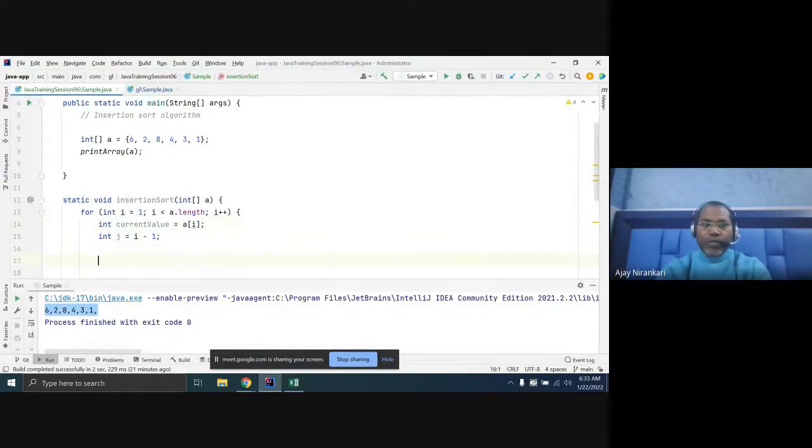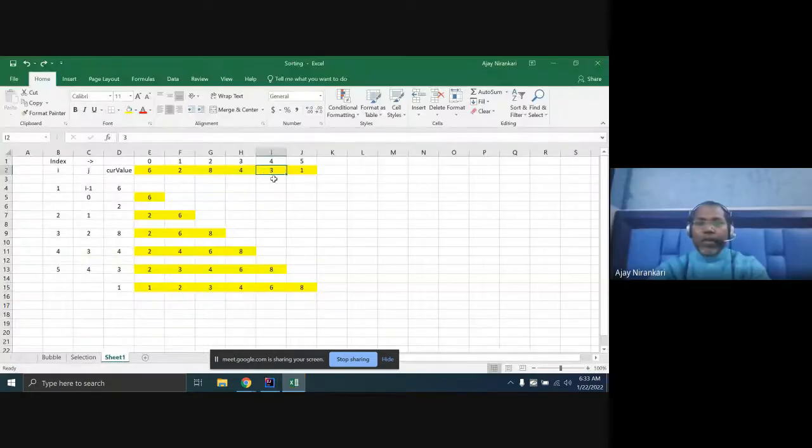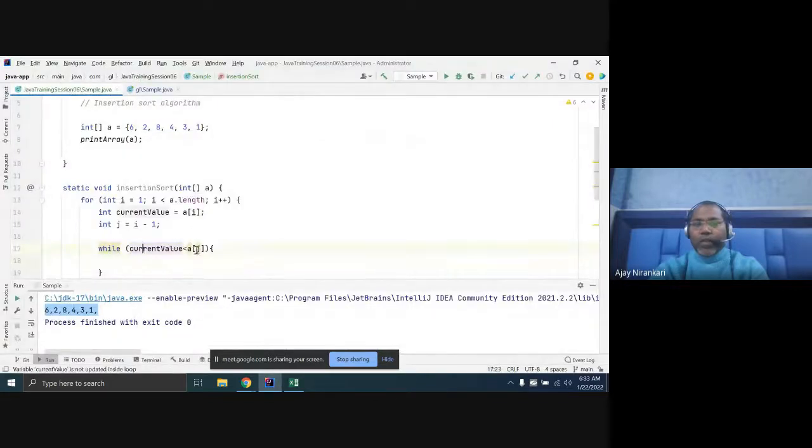We have to compare: while current value is less than a of j. Here you are comparing to this. Until current value is less than a of j, keep comparing to the next one.